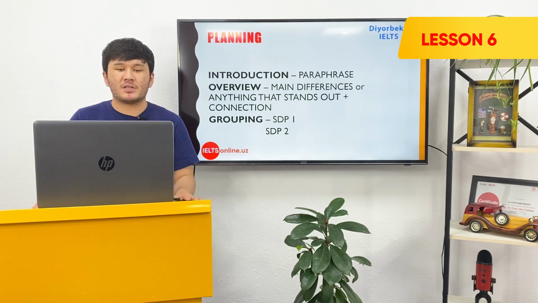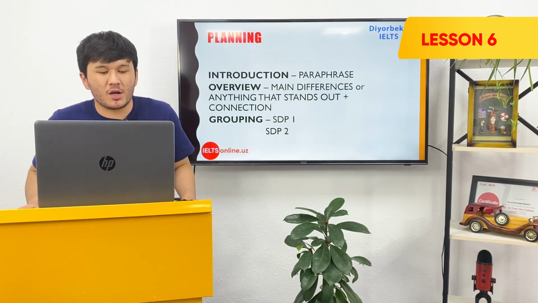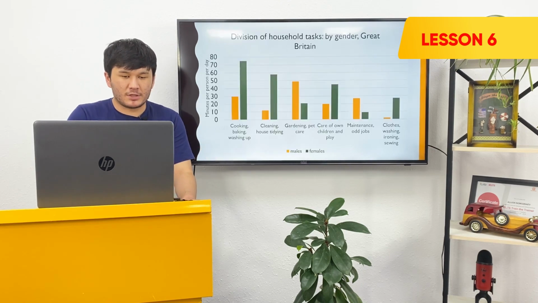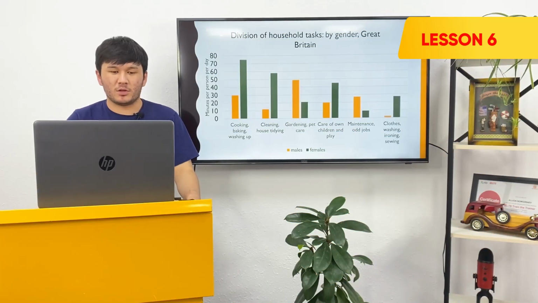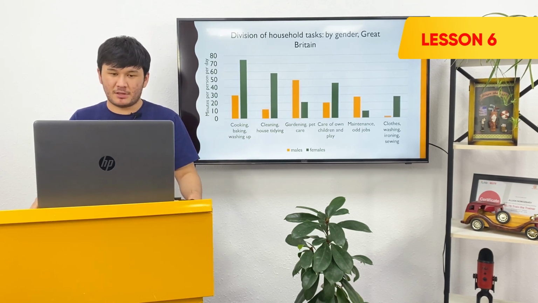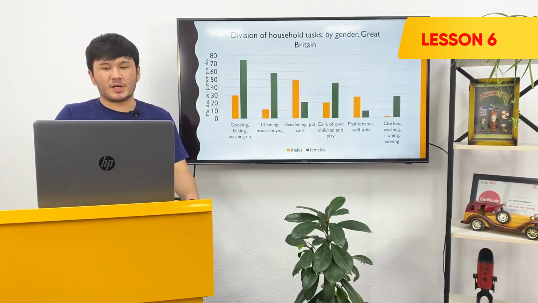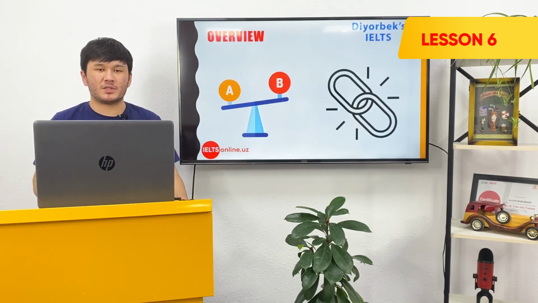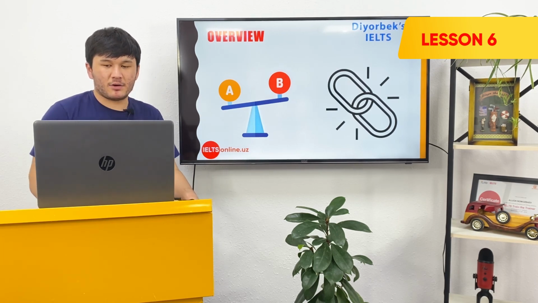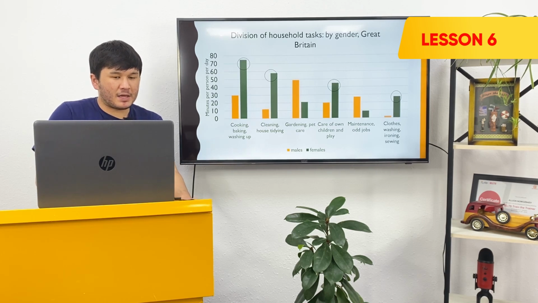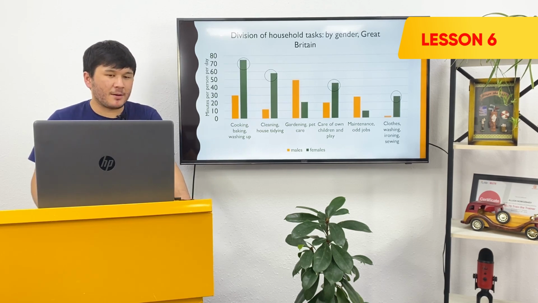And of course you have to think about how you're going to group your information, and you have to put them in a logical order. So what we want to do, we will look at individual items and we will try to see the connection between those items in our chart. So we not only compare and we try to group them logically while trying to look at individual groups that we have. So let's look at cooking and baking and washing up. Obviously there are